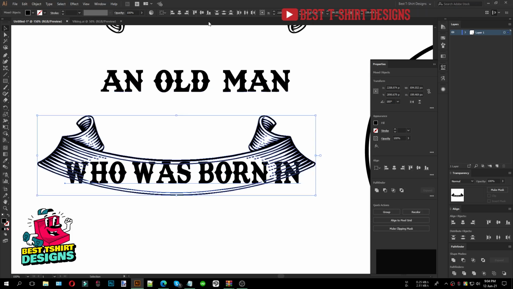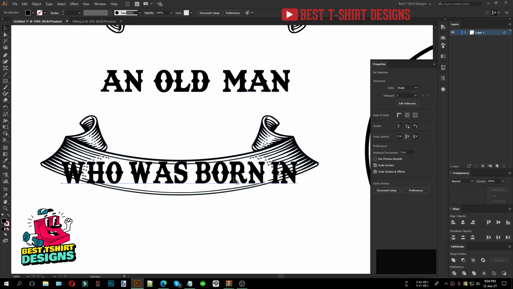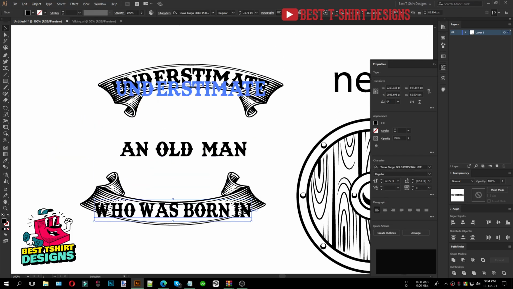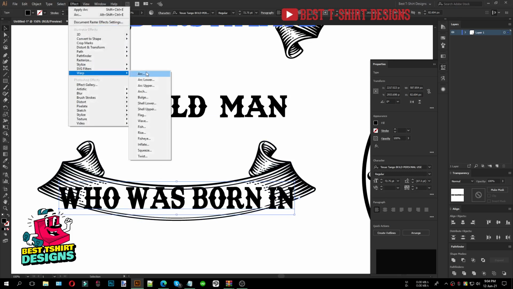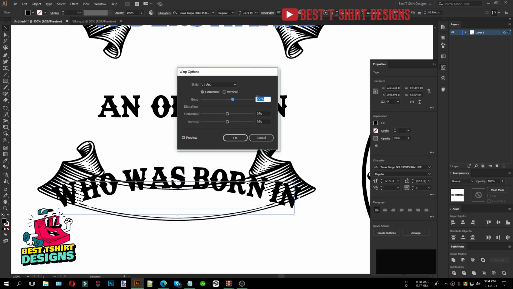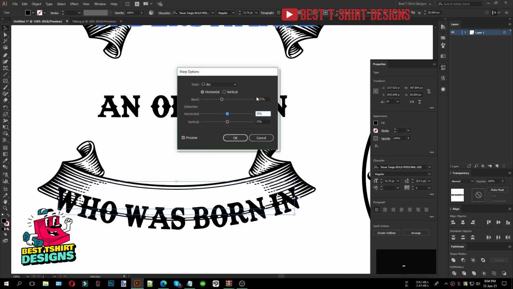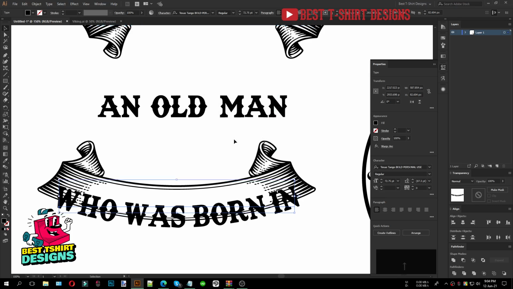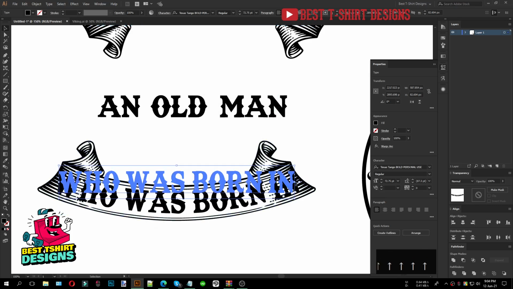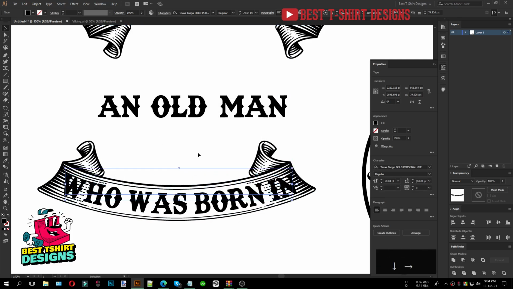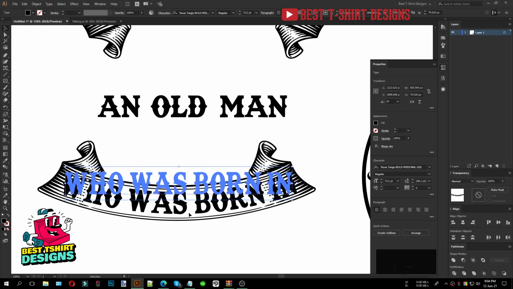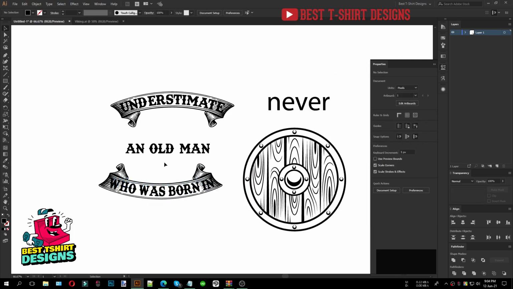And now I am selecting these two, aligning with the ribbon center position. Now this one, in this one we used the arc at 22%. So in this one we will use the arc in the opposite direction, not 22%. I will just put a minus in front of 22, and then if we click here or anywhere, it will take that size, minus 22%, because this is the opposite direction of the previous text. A bit smaller, maybe just like this. Okay, so you have to make sure that it is completely fitting with the ribbon or the sizing of the text. I think that's perfect, not perfect, but it will work for me anyway.